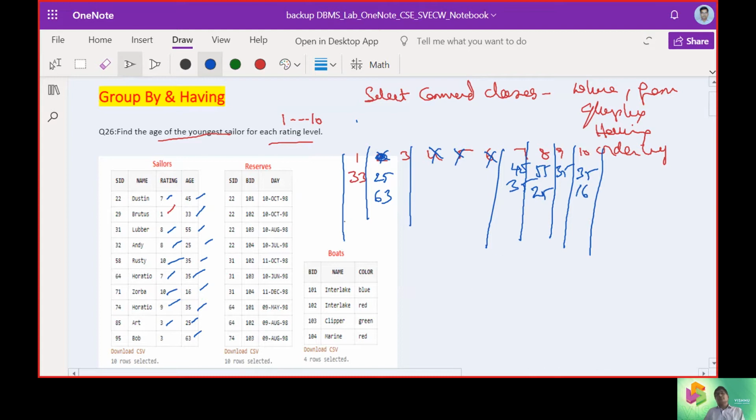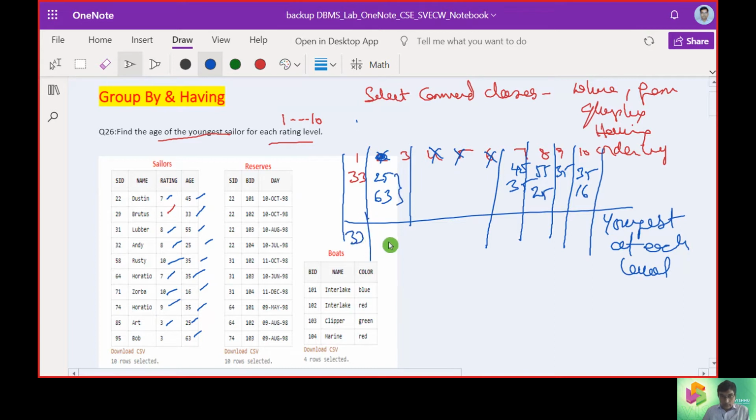Now I need to find the youngest at each level. Where there is only one, we get 33. Otherwise we need the smaller value, so we need the min of age. For 45 and 35, I'll get 35. For 25, 35, and 16, these are the different ages we are looking into.